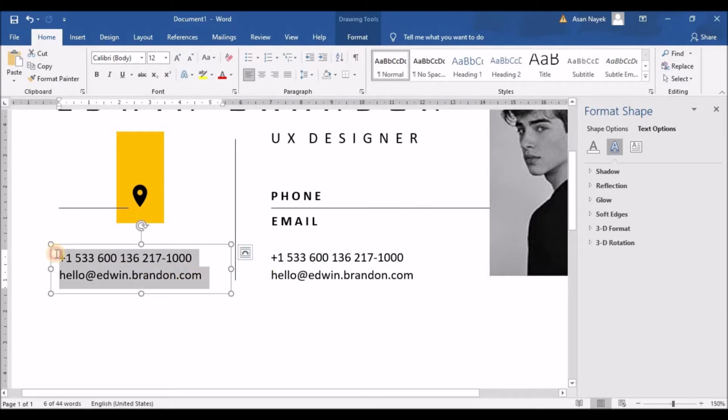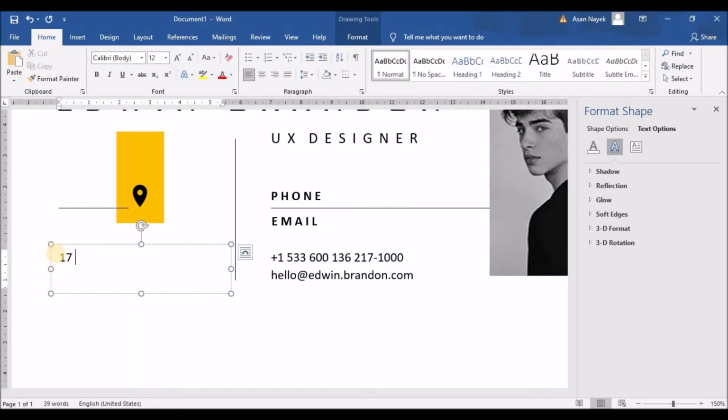So let's make a copy of the text box that we have and fill it with the address. Now once we are done with the address,